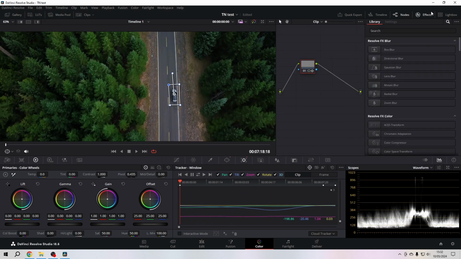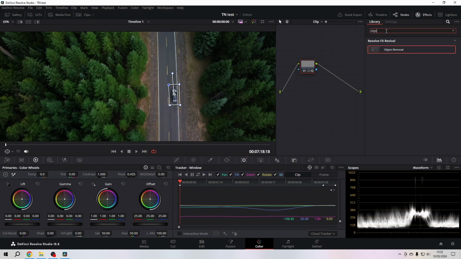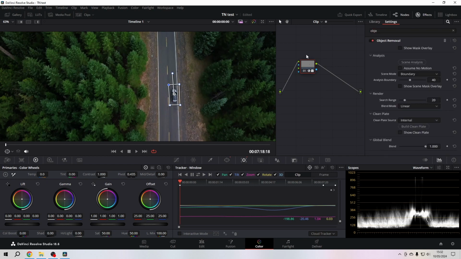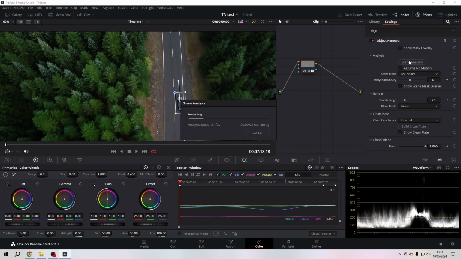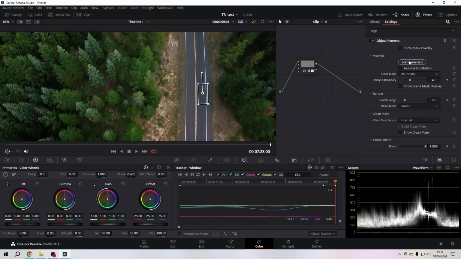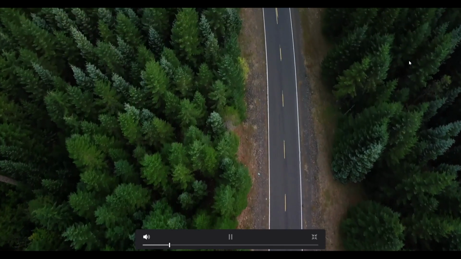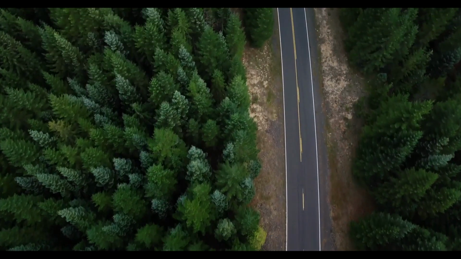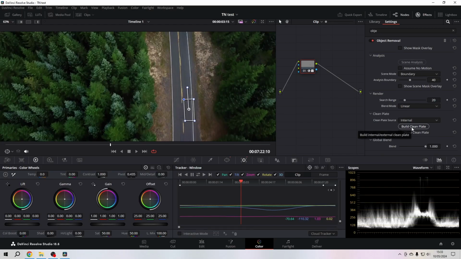In the effects panel here, I'm now searching for object removal, drop it on our node, and then nothing changes. And this is because we have to analyze the scene. So we hit analyze scene. And we see already that it does an amazing job. And that is pretty cool, yes. To make it better, we hit build clean plate, and you will usually have to build a